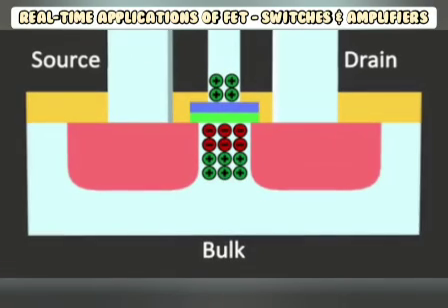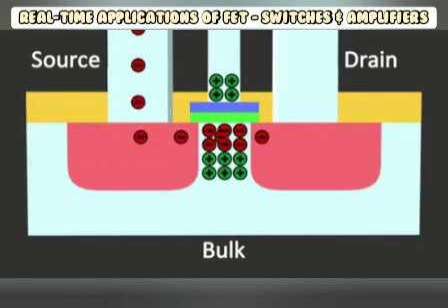Moving to the application part: as we have seen, this JFET is used majorly as a resistor. Yes, voltage controlled resistor is one of the major real-time applications. In switches also it can be used to resist the flow of current based on the voltage we apply, and thus in real time we can optimize the value of current according to the application we need.